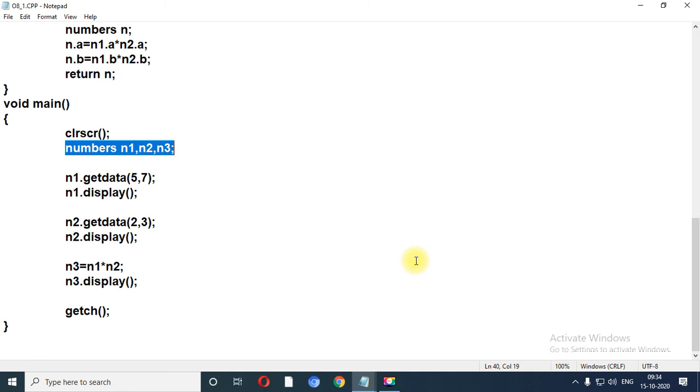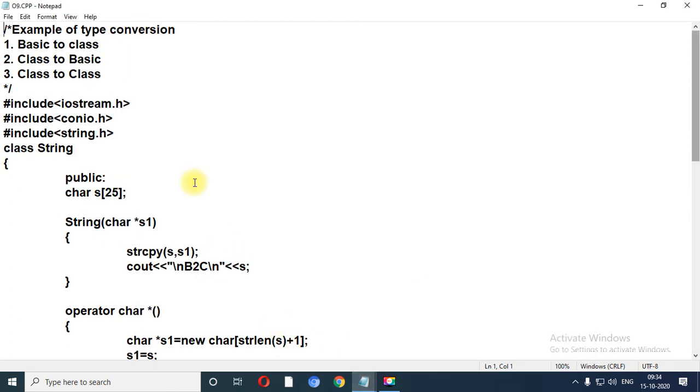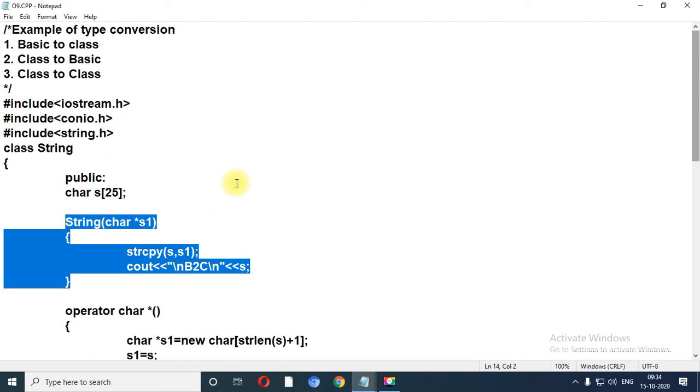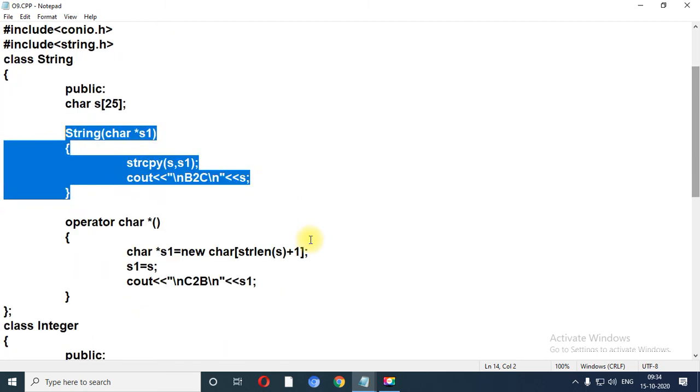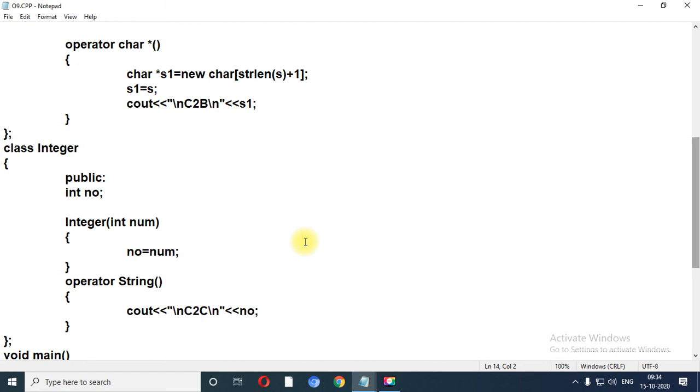You need to write the output in the journal also, and you can use any online compiler to execute the program. And the type conversion program of operator overloading. Let me scroll down up till string overloading. The another class, that is class integer, we have created.